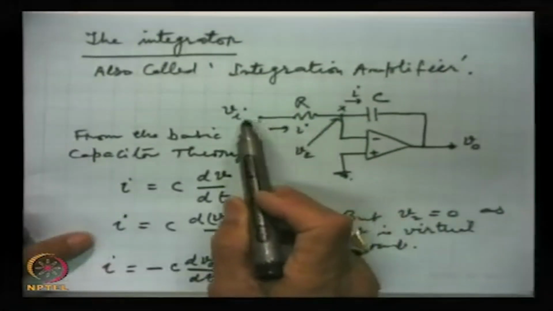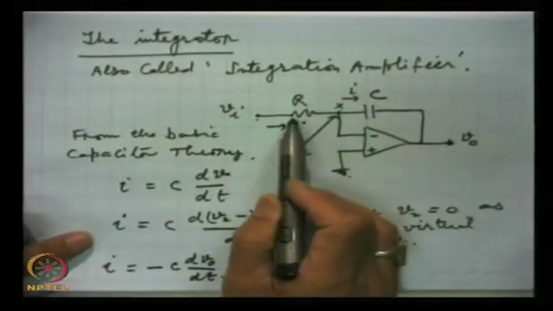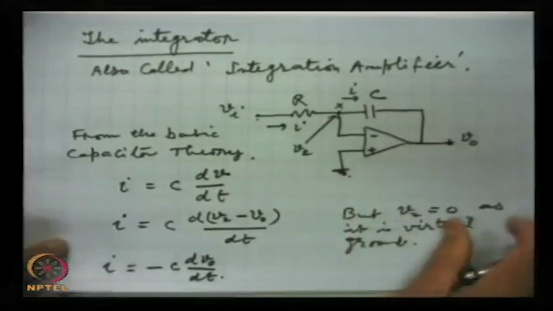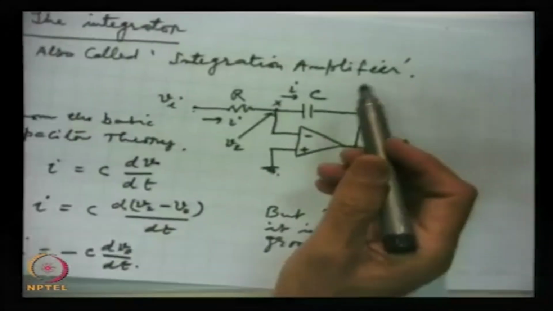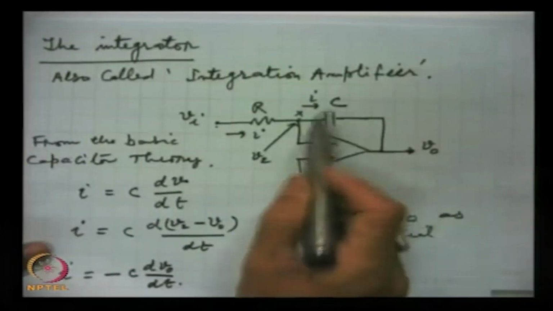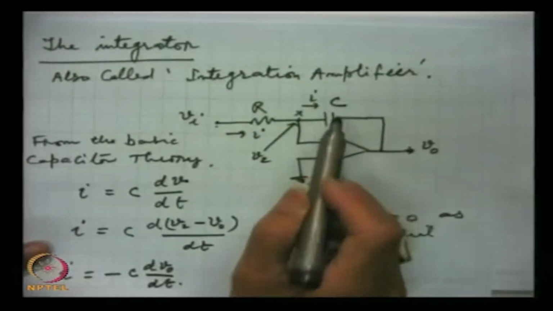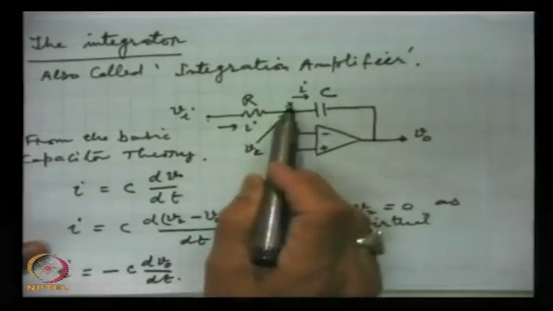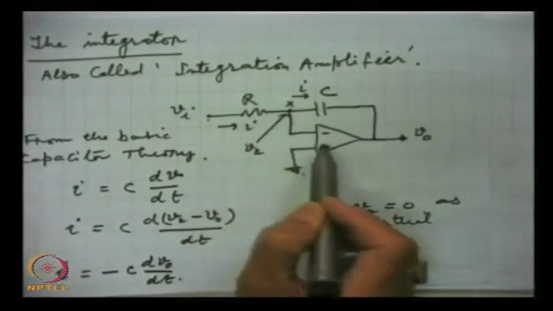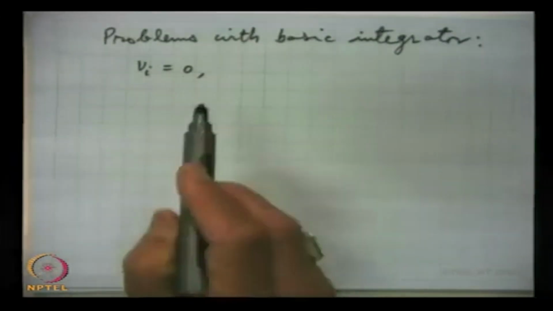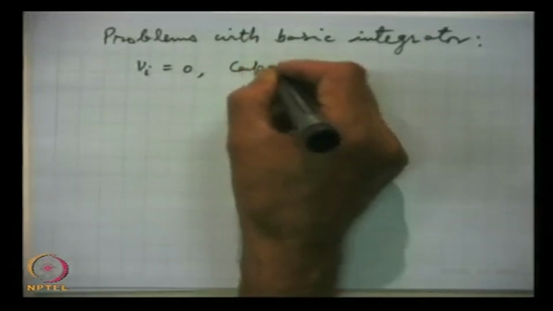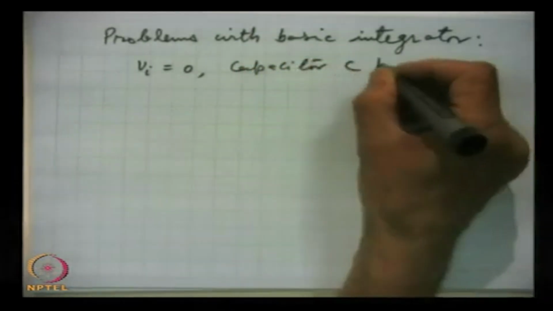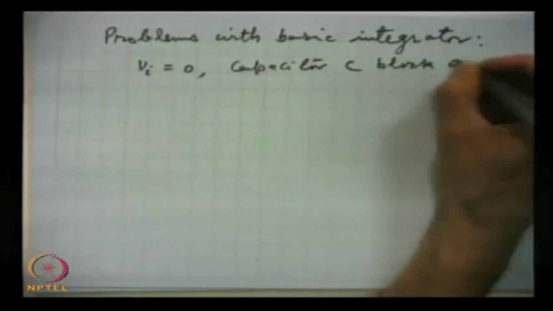Here when Vi is 0, then in this circuit the integrator acts as an open circuit, because this capacitor will act as a blocking capacitor and it will not permit any DC currents to be fed back to the input. I repeat that when Vi is 0, capacitor C blocks DC current,